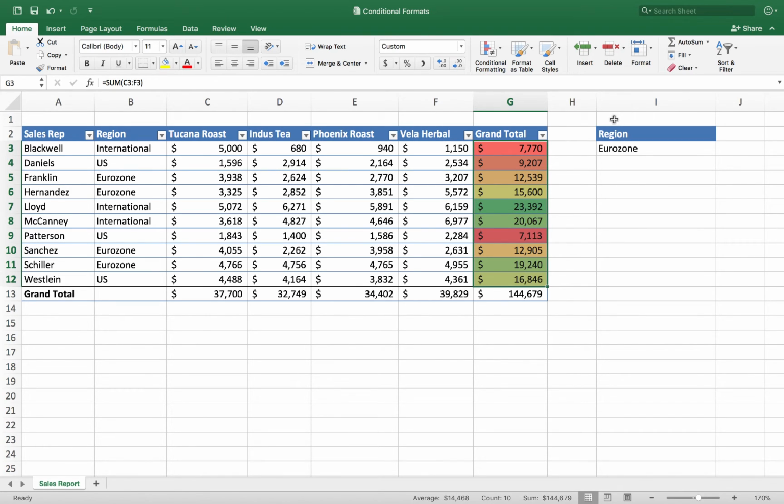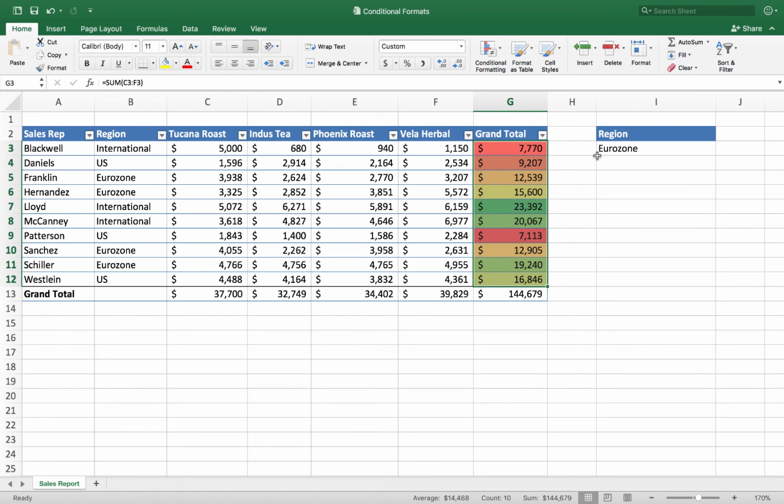But what does it mean, right? So what does red mean? What does green mean? So that's not really intuitive. So I wish with these color scales there was some kind of legend at the bottom. It automatically gave you some kind of legend to tell you what each of these colors means. But you know how to find out what the colors mean.